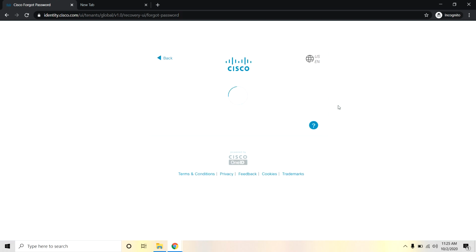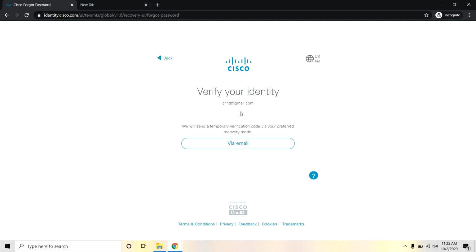Whenever you forget your password, click on Forgot Password and enter your email ID to verify your identity via email.